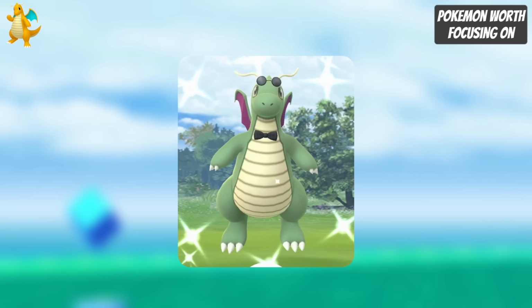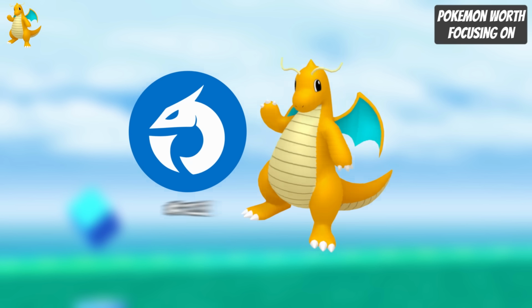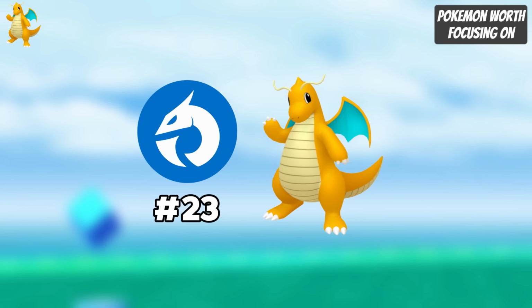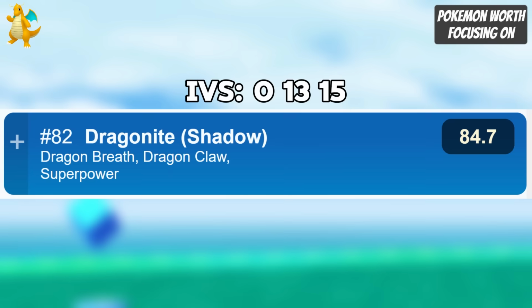One of the better Pokemon available during this event will be fashionable Dragonite. It is, however, only available in raids, but worth picking up because Dragonite is the 23rd best dragon type attacker, and as a shadow it is the 9th best, so the candy will be very useful for powering up a shadow if you've got one. It is also ranked 82 in the Ultra League as a shadow with 0, 13, 15 IVs,